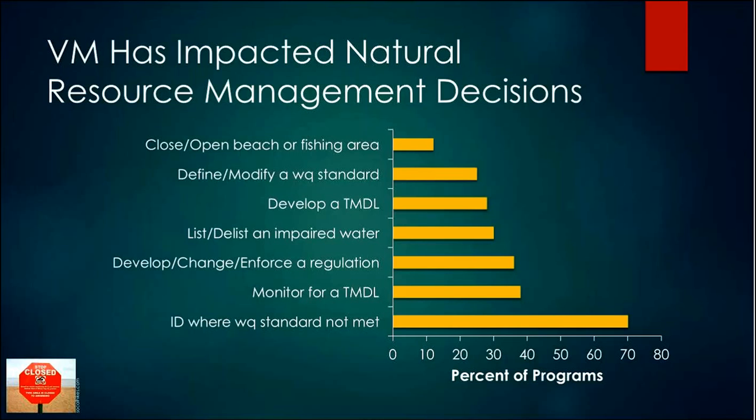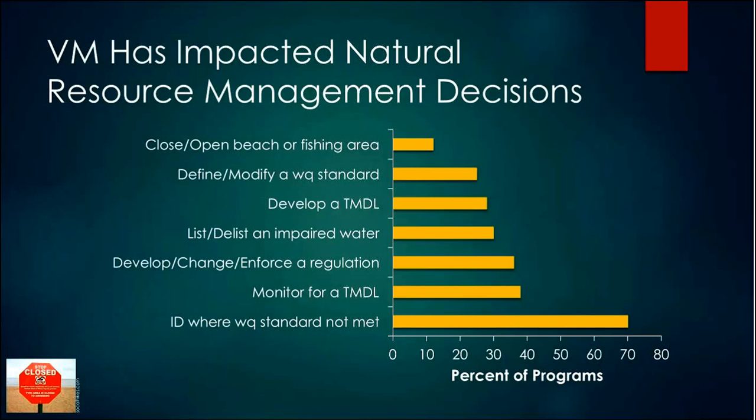So the number one way that volunteer monitoring programs have impacted natural resource management decisions is by identifying where a water quality standard was not being met. 70% of programs have done this. There's an acronym here called a TMDL. What that is called is a total maximum daily load, and states are required to say if a water body